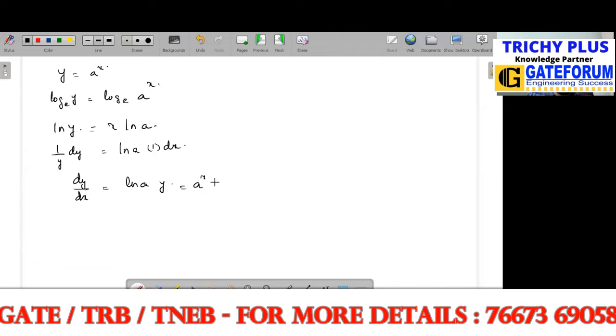So the limit extends to a power x minus 1 divided by x. If you do differentiation, keep in mind you have to differentiate the numerator and denominator separately. So if you do it here, limit x tends to 0, a power x, if you differentiate, you will be getting